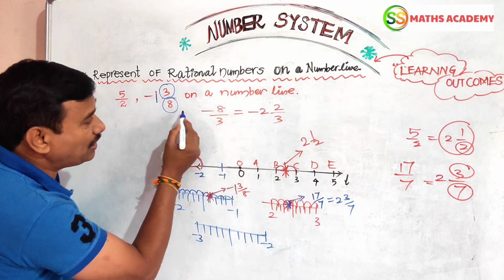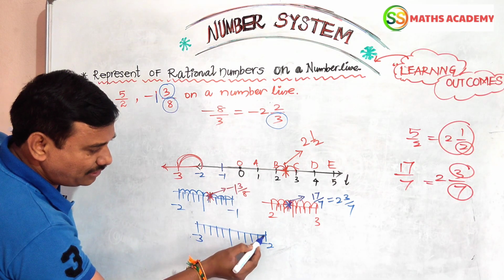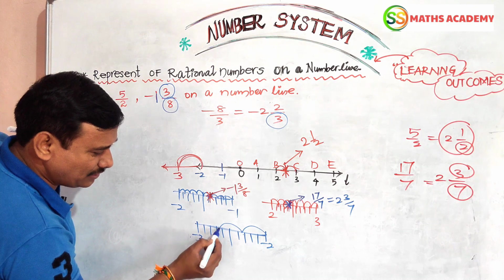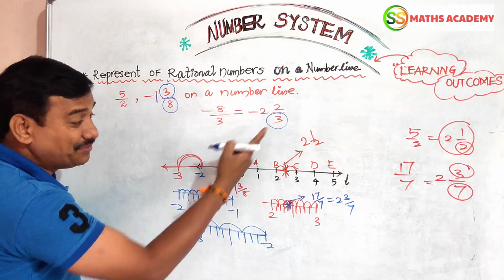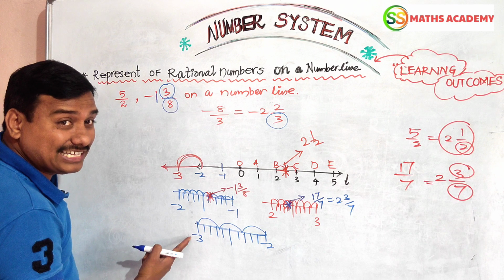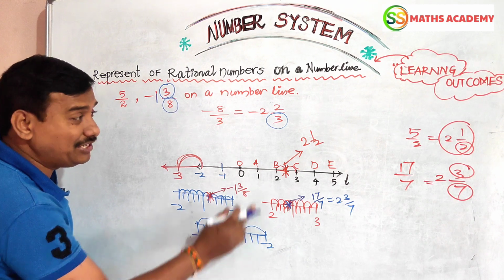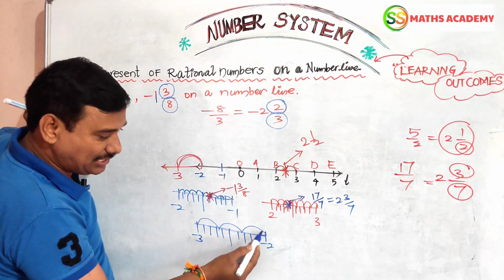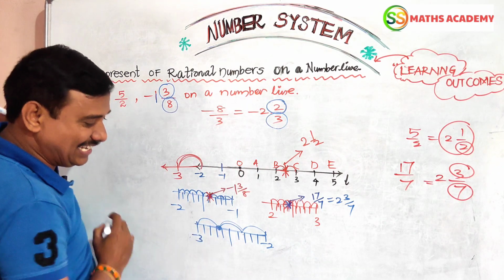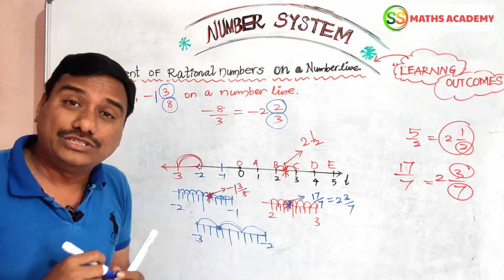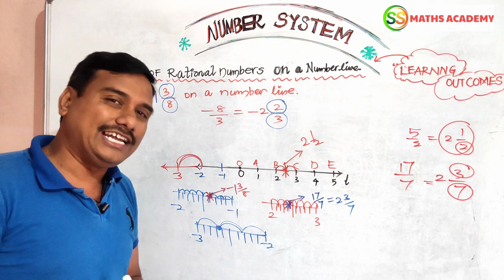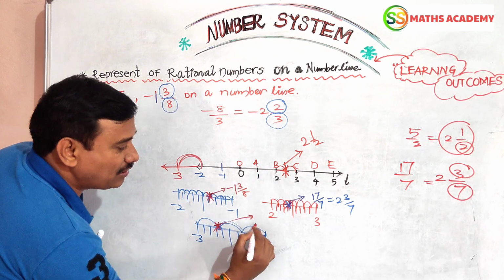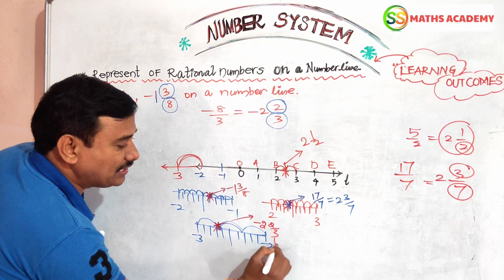Here, 3 parts. What is the denominator? 3 parts. It can be divided into 3 parts. 1, 2, 3, 3.3, 3.3, 3.3. This fixed unit length from minus 2 to minus 3 can be divided into 3 parts. Then we have to locate the position. Where is the position here? At 2. At 2 means here 1, here 2. Second part. Here only. According to the numerator value we can represent it. Here 2 only. 1, 2. This value is called minus 2 of 2 by 3.